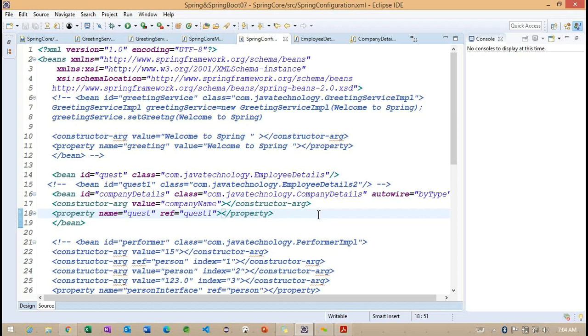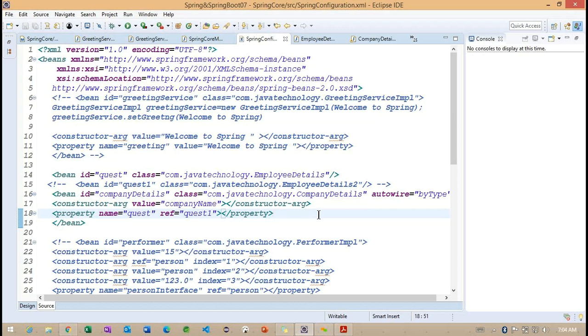Whenever we define this autowiring concept along with the explicit property configuration, we are going to get an ambiguity. Regarding this autowiring, which one do we need to consider?